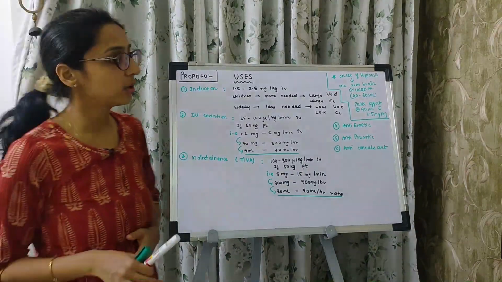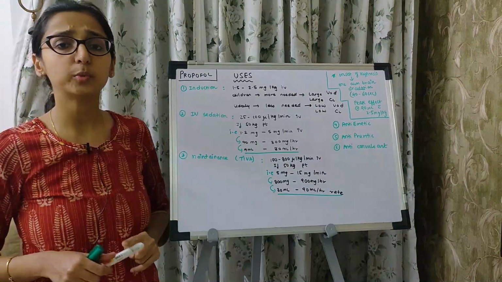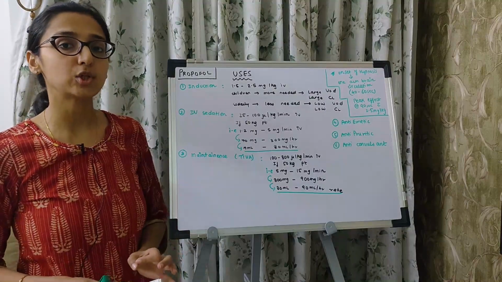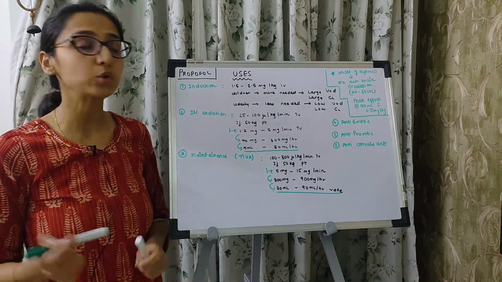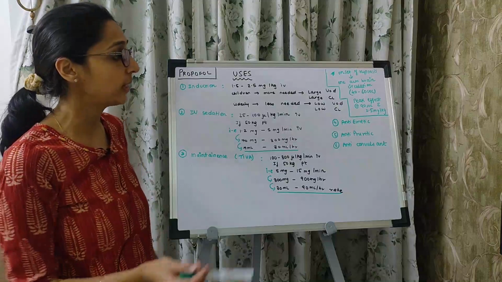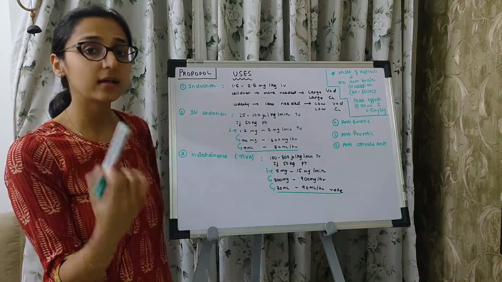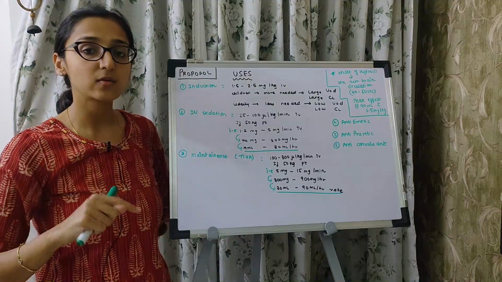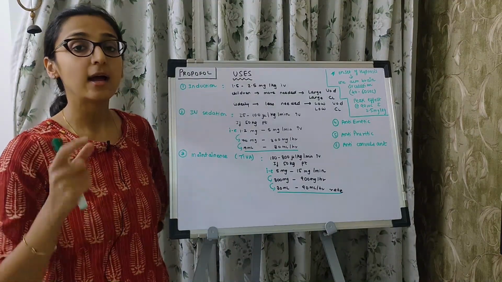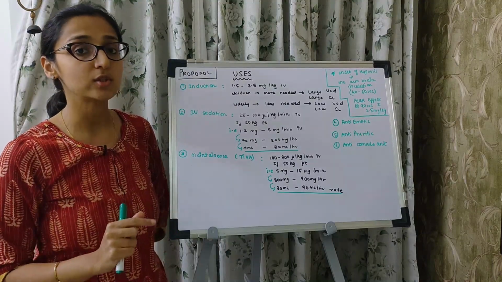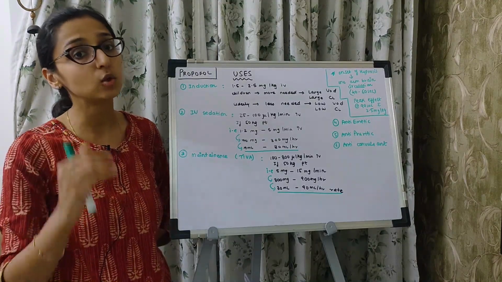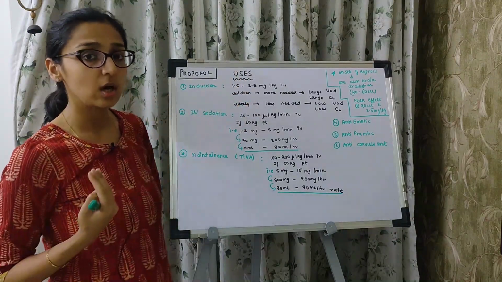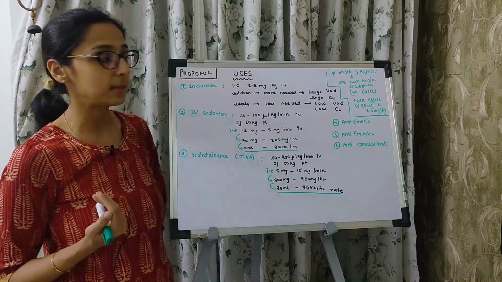So what are the uses of propofol? As we all know, propofol is used as an induction agent. The dose for inducing a patient for general anesthesia will be 1.5 to 2.5 mg per kg IV. A higher range will be required in children because they have a larger volume of distribution as well as a faster clearance rate, versus the elderly population, which has a lower volume of distribution and lower clearance rate. Hence, the lower end of the spectrum of this drug will be required for an elderly patient.